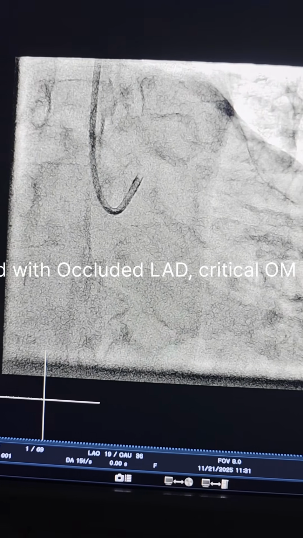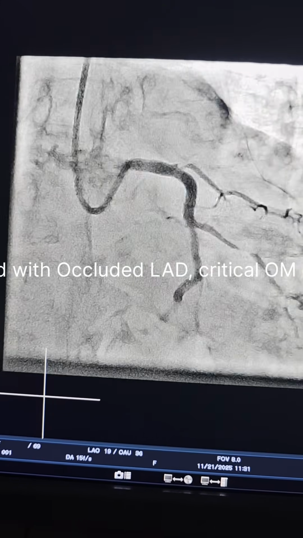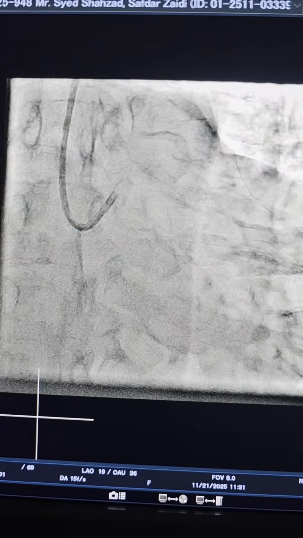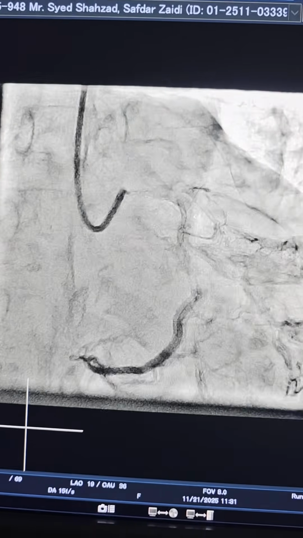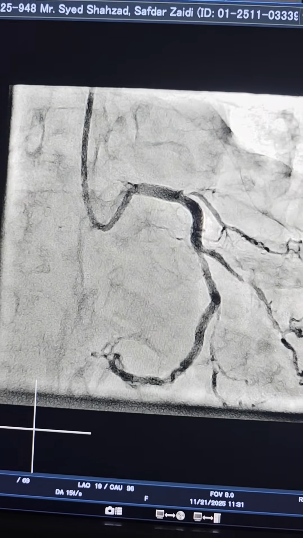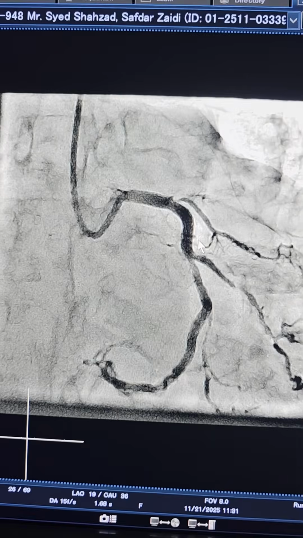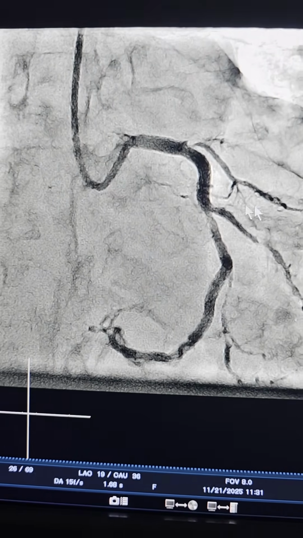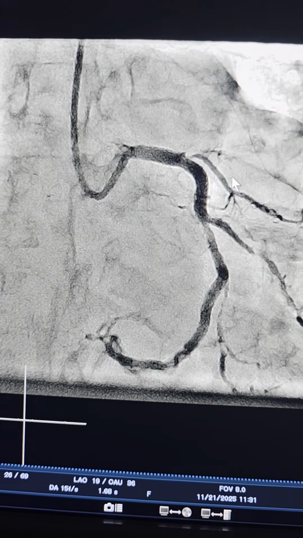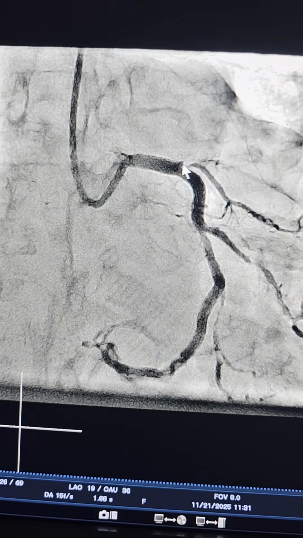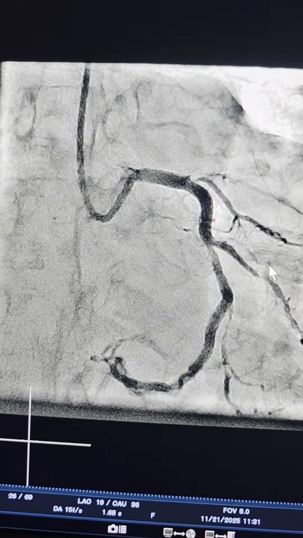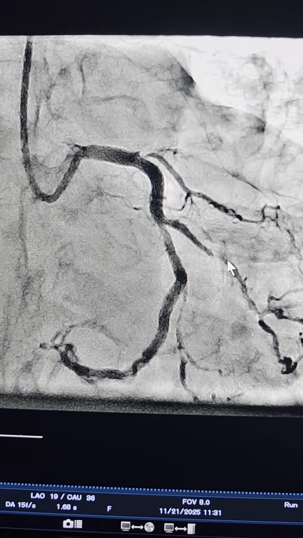So, a diagnostic of a 46-year-old who has just had one episode of chest pain and shortness of breath, went to an outside hospital, got his angio done, and this is the angio. This is now repeated here, and this angio showed an occluded LAD and a tight narrowing in the OM here,